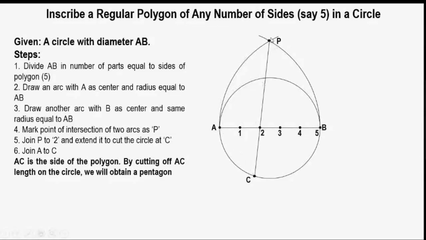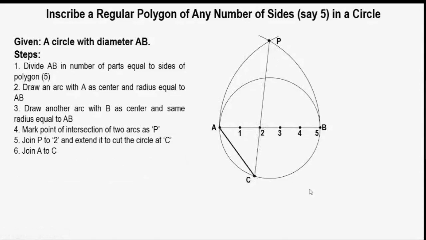C will always be joined with point number 2, whether we are drawing a pentagon or a hexagon or a square or a triangle. The units that we will be using is millimeters. We will not be using centimeters or inches. So I will talk always in terms of millimeters.